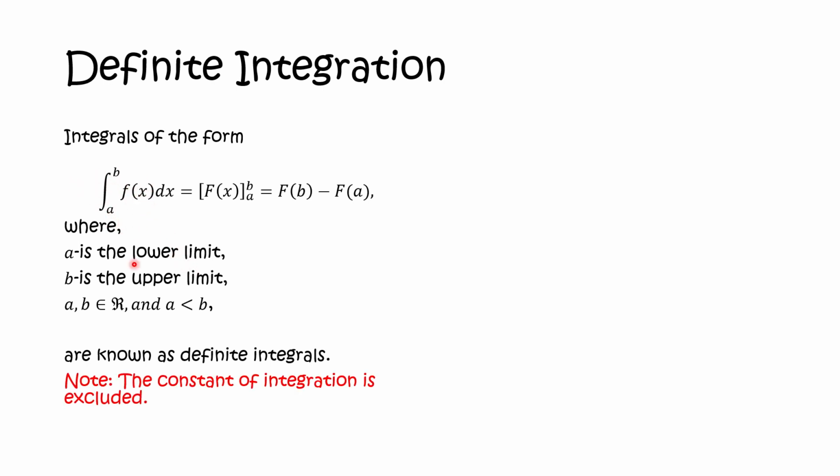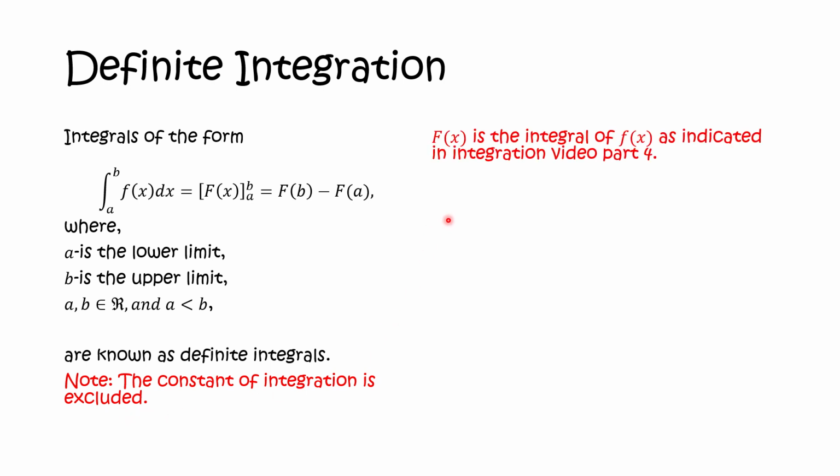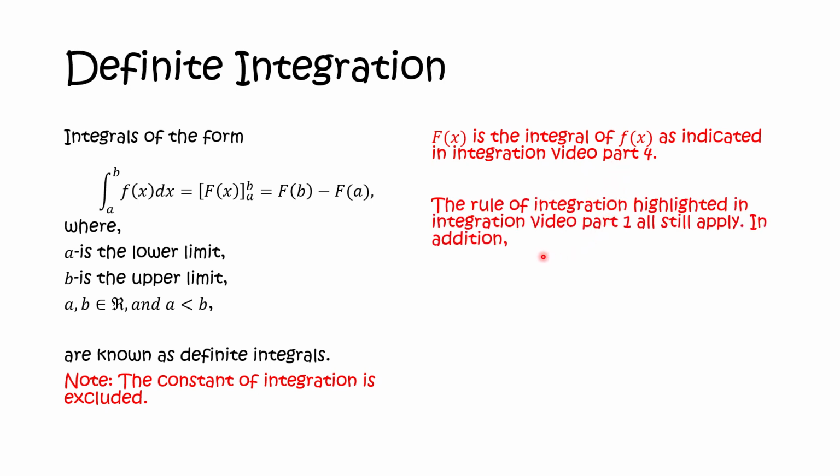So take note, the constant of integration is excluded because we are evaluating at a and b. The capital F of x is the integral of the small letter f of x as indicated in the integration video part 4, and I encourage you to go over it. Now, the rules of integration highlighted in integration video part 1 are all still applicable. In addition, we also have